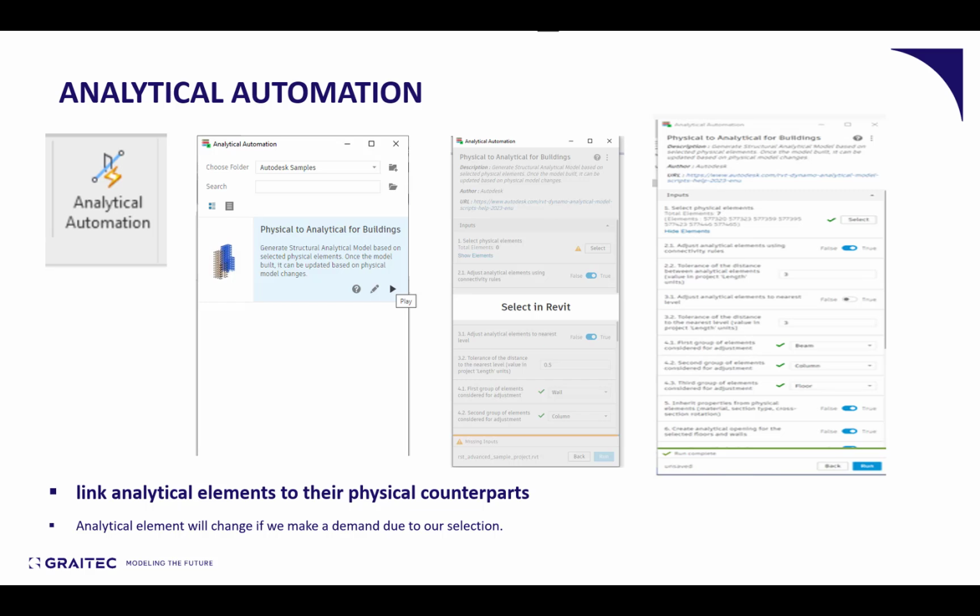Because we can do a filter, and it will be possible, for example, to create a specific filter in Revit and colorize in red all nodes which are not connected.